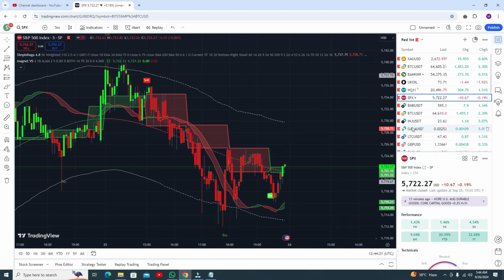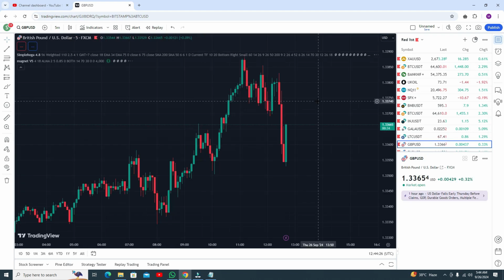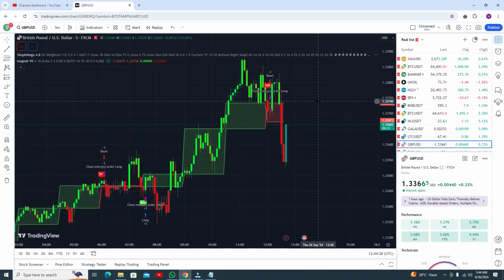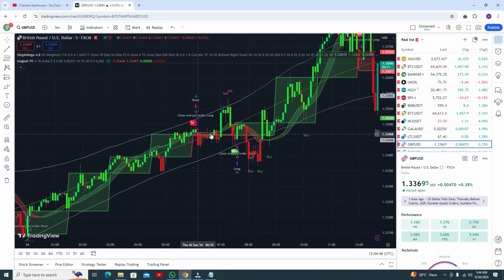Okay, so let's see results in some forex pair as well. In the forex pair, that was the most recent sell signal, and you can see you need to book your profit at this point. Okay, the most recent signal, and you can see the accuracy is awesome. So this is the buy signal and it gives you profit. Okay, and this is the sell.